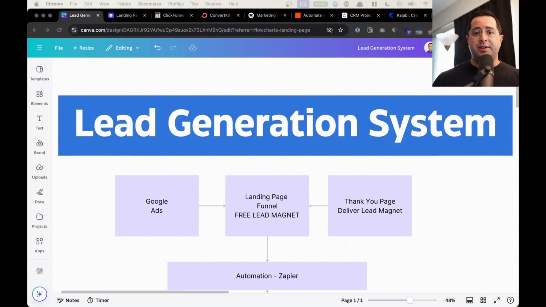How to generate leads in the next 30 days for service-based businesses. This is not for e-commerce or if you're selling products. This is going to be a complete playbook, just a 10,000 foot view on what are the elements that you need to start selling online or generate more sales online for your business. Could be real estate, could be coaching, consulting, or if you sell a service, for example, these are the elements